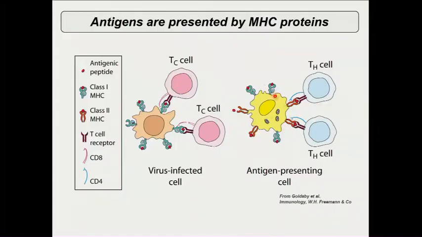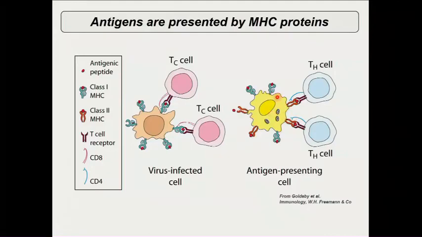In an antigen-presenting cell, they can be virus-infected, yes, but they also can eat viruses. So they can do phagocytosis. They can also eat bacteria. So they tend to eat all kinds of things they think do not belong to your body. And then they break it down, as I showed in the last lecture,